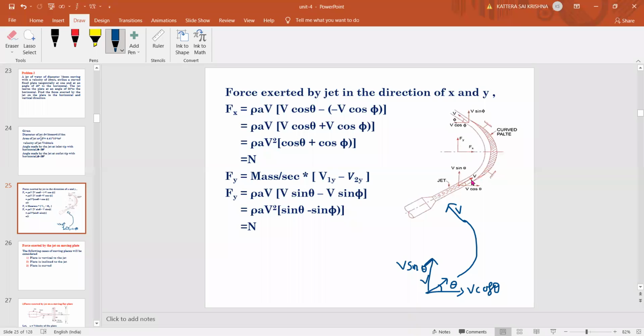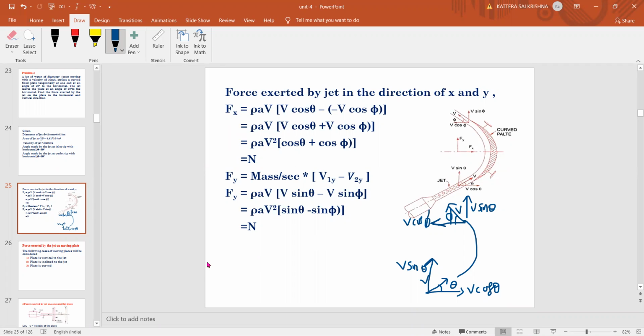But since it is an unsymmetrical plate, it will come out with v, but the angle will be varied. So what he said, again, the angle is with respect to horizontal, he has given us phi, 20 degrees. So this is the angle between the horizontal and the velocity which is coming out. Now again, we need to resolve this v in x and y direction. Suppose in x direction, what happened? This arrow is this side, so when it comes to the x axis, it will go towards this direction. So that is v cos phi in x direction, and in vertical direction, this will come here, so v sin phi. If you are able to resolve this, no need of remembering the formula.